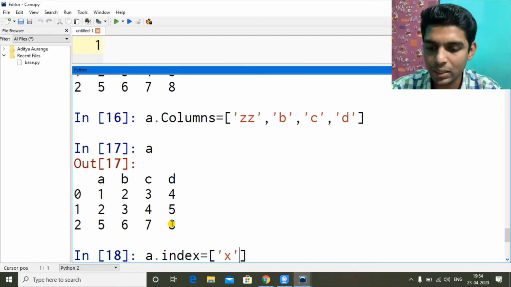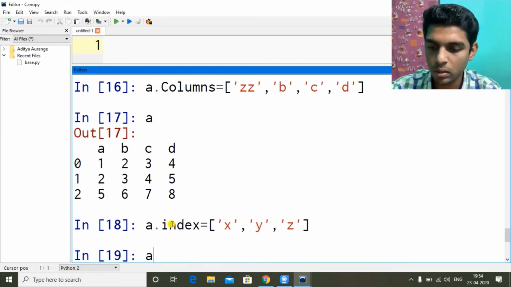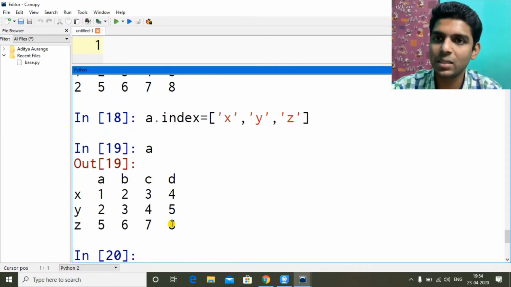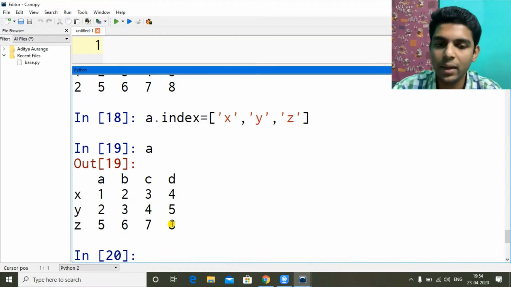So let's use X, comma Y. We have 3 indexes and Z. Now let's see A. So indexes or row names are changed. So ABCD, XYZ. So that's how we can create and assign indexes later.